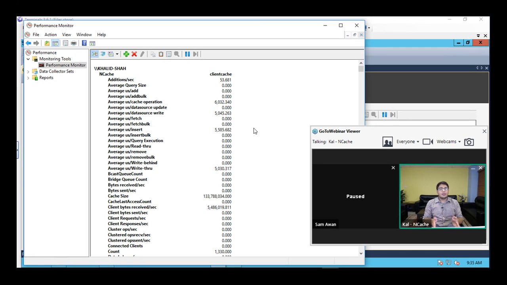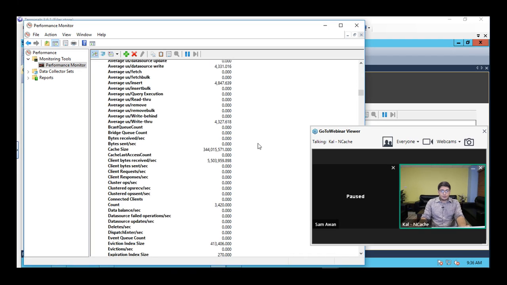This use case is generally recommended where you have, for example, an 80 to 20% reads to write ratio, or even 70 to 30 reads to writes ratio. This is generally recommended in scenarios where you have a lot of reads, maybe some reference data, some static data within your environment, and that's where you would see great performance improvements when you have the client cache enabled. Bear in mind, the first test with just the get API run in a loop took 45 seconds to get those items from the cache. But now, using this client cache, it would find all that data within a local source in a separate process that's running on the same box, and we're going to see how that works for us.